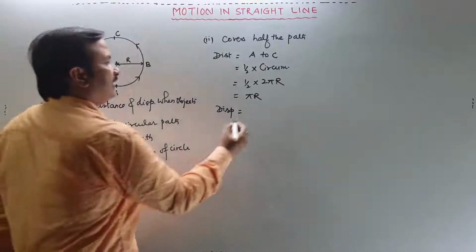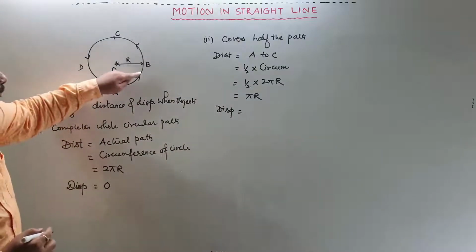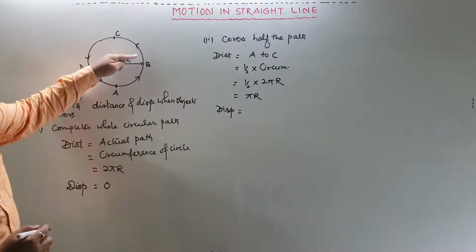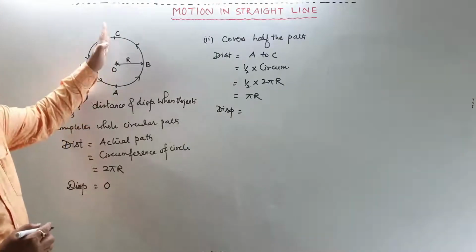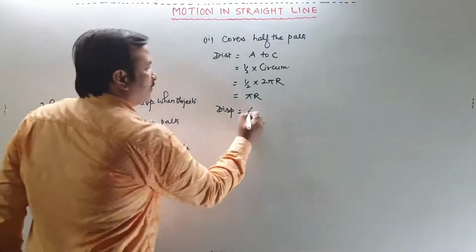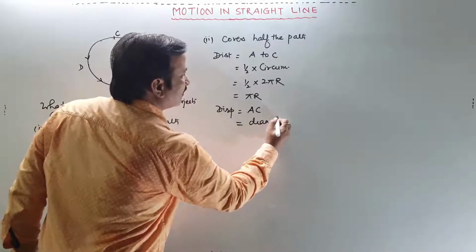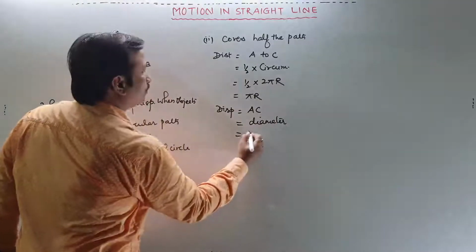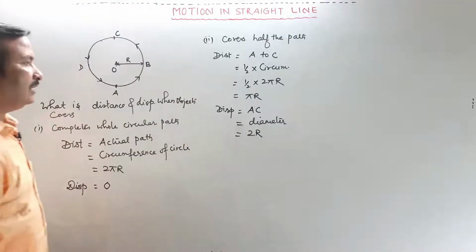Displacement again the shortest path। अब यहां से देखिए, this is going from A to B, B to C, it is covering circular path। इतना घूम के जाने की बजाय it can go straight A to C। Displacement is AC and that is nothing but diameter which is equal to 2r, radius is r।